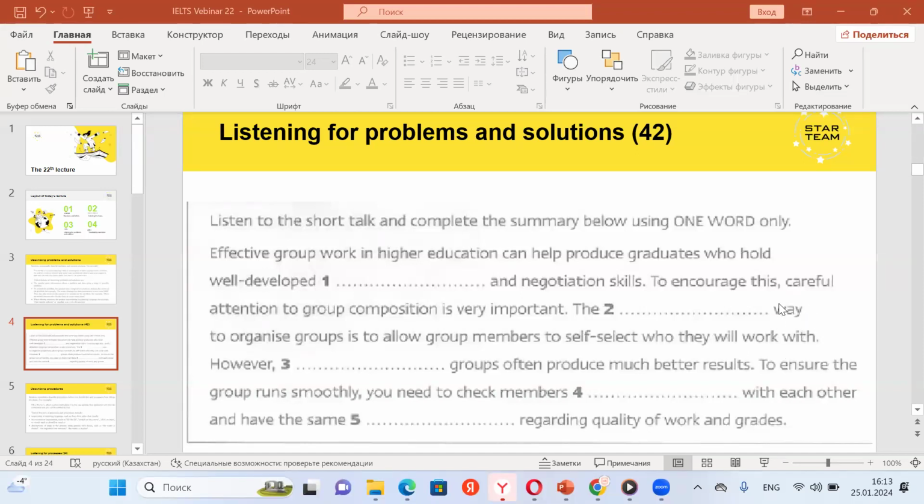Okay, right now what we need before we start listening, let's look at this word. Посмотрим на предложение непосредственно перед га, да? Вот encourage careful attention to group composition. Let's identify the keywords. What are the keywords? На прошлом уроке мы учили